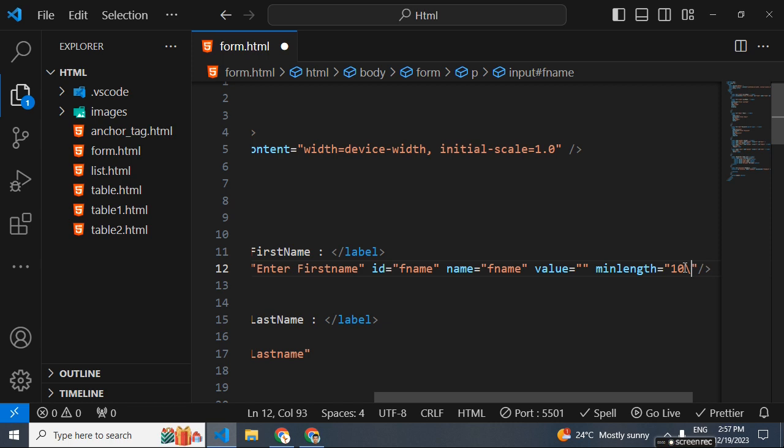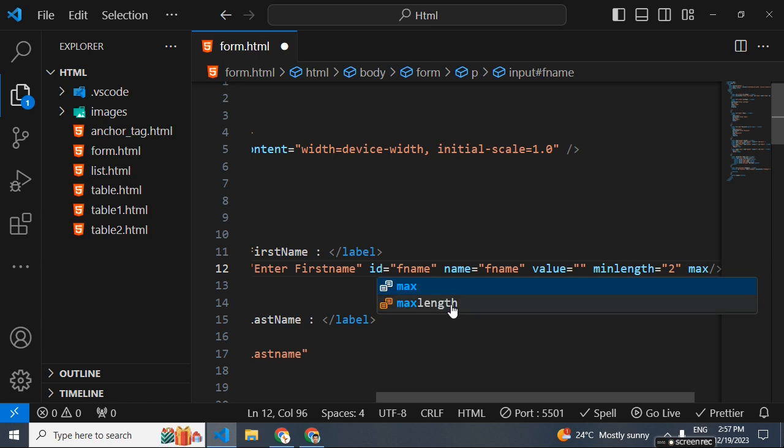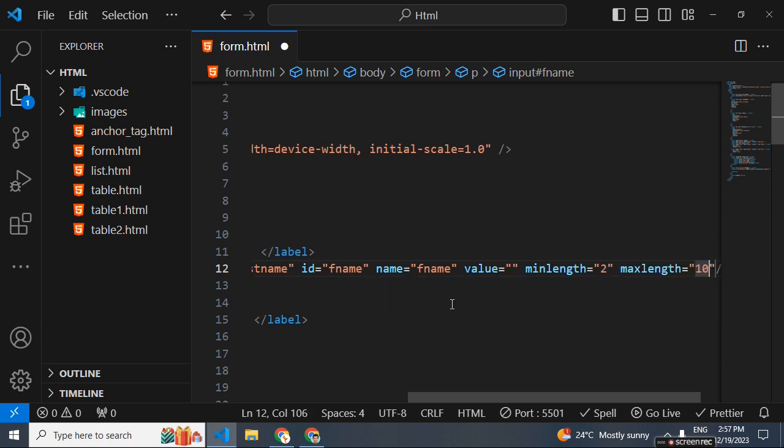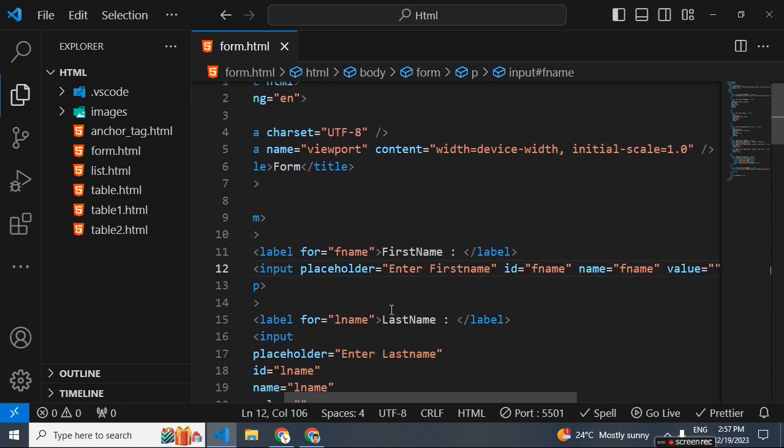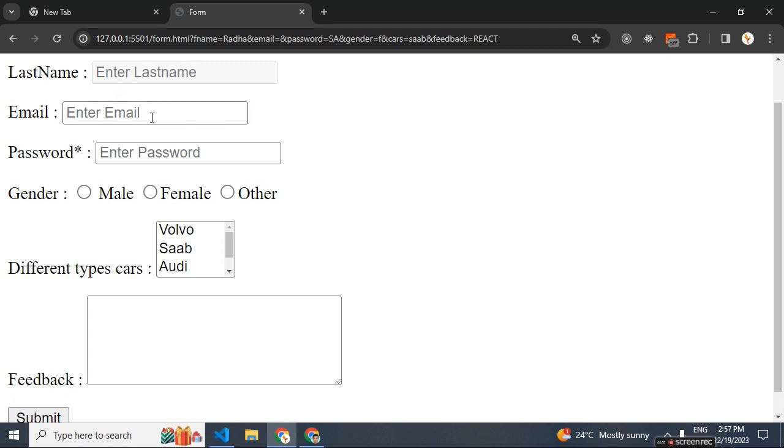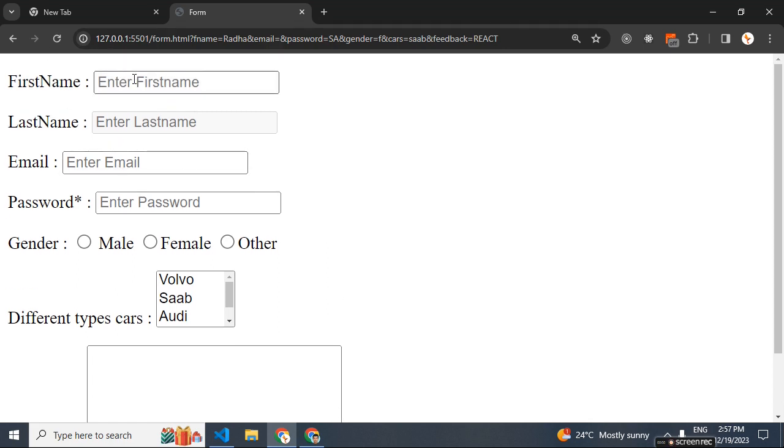Here min length I'm passing as 2 and max length I'm passing as 10. So from 2 up to 10, that much length we can add for this label, first name. Okay, for first name,